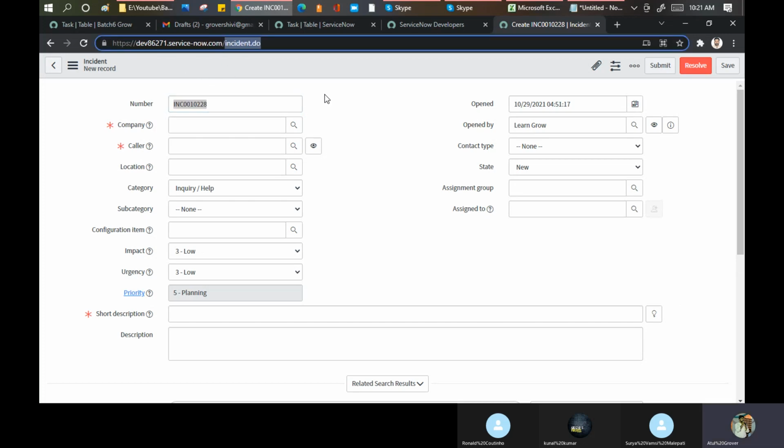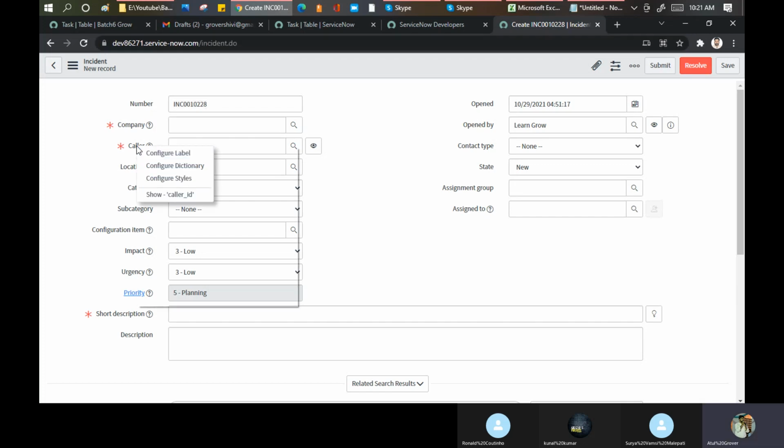Correct. Now if I want to see which table this field is coming from, it could be coming from incident, change, problem, or task. What I'll do is right click, and here I can see.